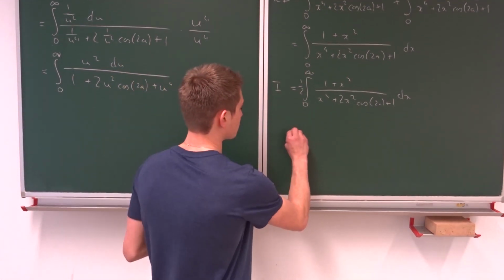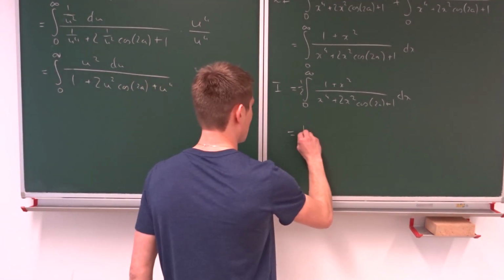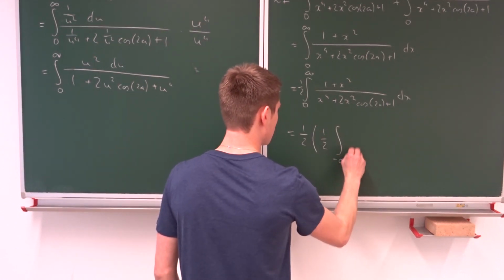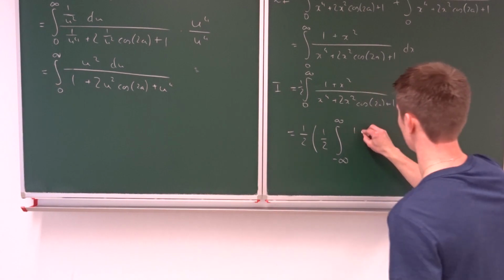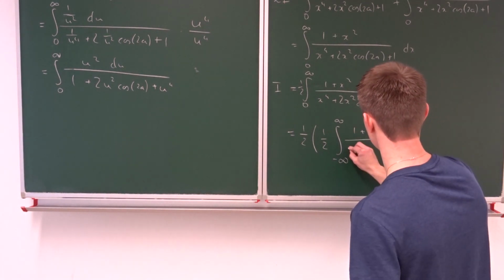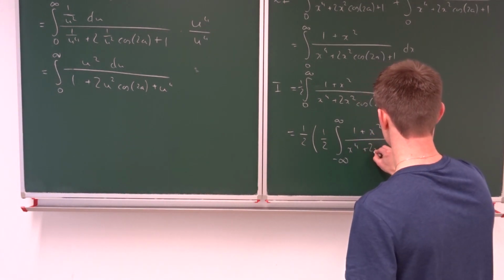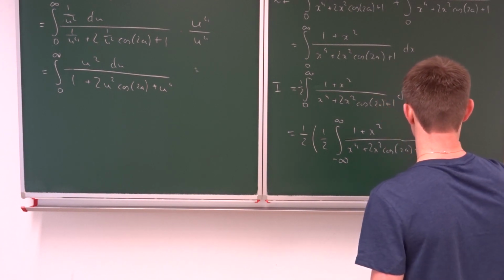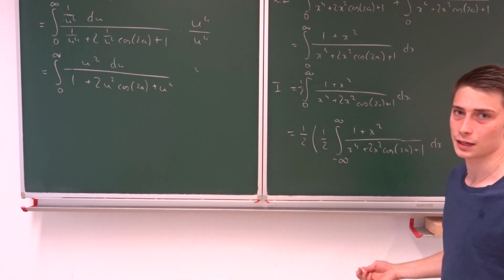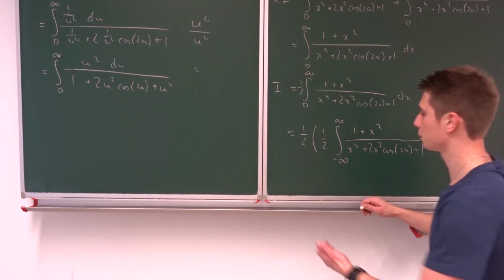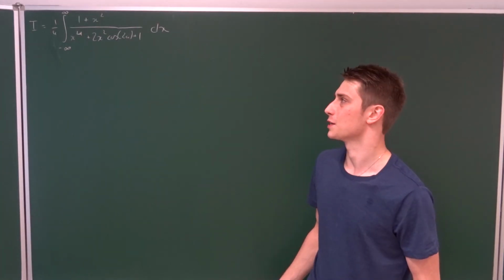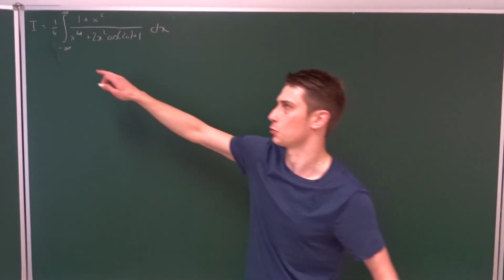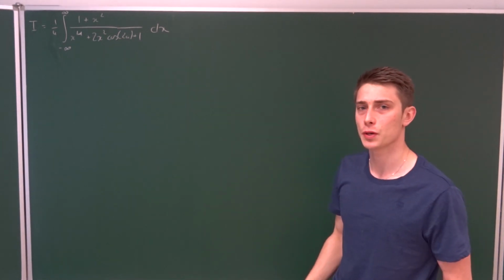So this equals 1/2 times 1/2 the integral from minus infinity to infinity of 1 plus x squared divided by x to the fourth power plus 2x squared times the cosine of 2a plus 1 times dx. And that's where we're at right now. Let's move on. So I multiplied the 1/2 and the 1/2 and I got 1/4. Okay. And now we want to